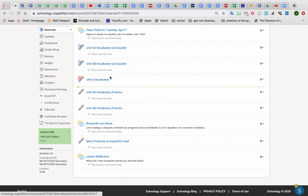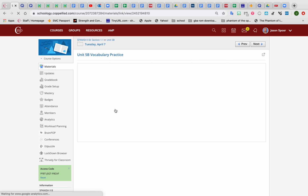After you finish going through the list, looking them over, studying them, maybe pop out, have two windows, do the Unit 5A vocabulary practice so you can split your screen where you can still see the words, and then the Unit 5B vocabulary practice. They're 5 minutes each. Start learning the words. There's probably some extra additional words in here. So one thing you can do on that is when you do these,